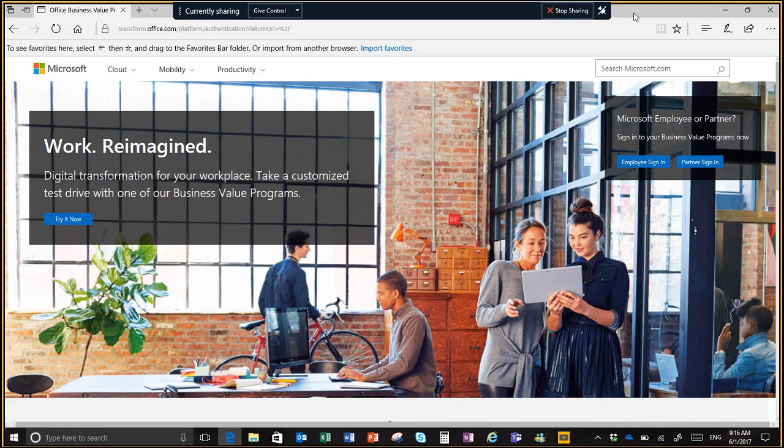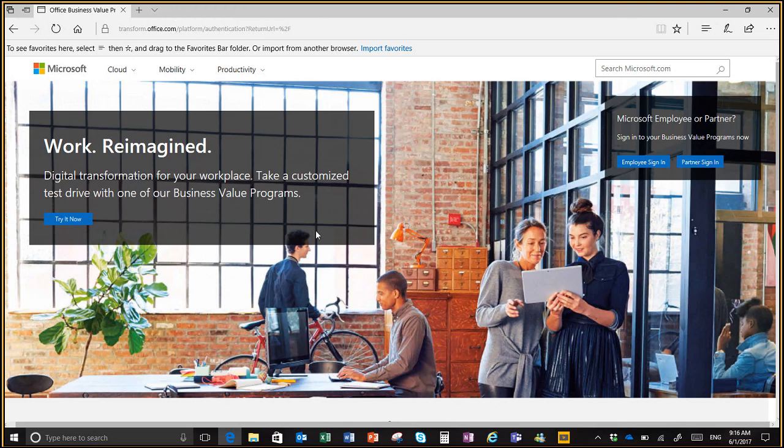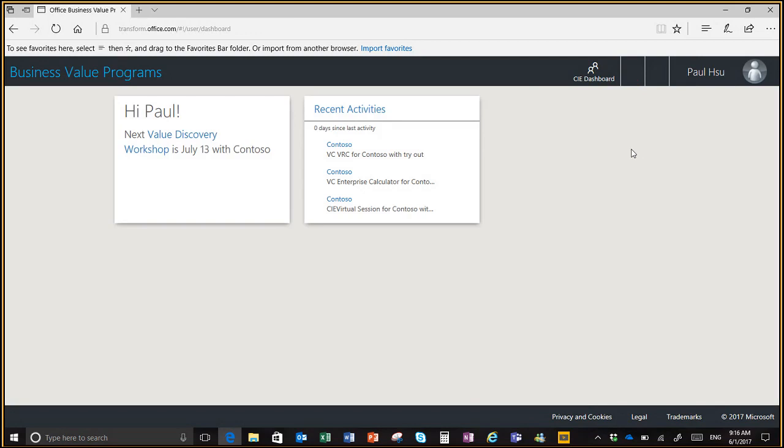You can go to transform.office.com. By going to transform.office.com, you're going to get onto this page, and you can see that there's an employee sign in and then there's a partner sign in. So for all of you, you can click on partner sign in. As long as you're MPM partners, you should be able to get an ID and actually be able to sign in. So for me, I'm going to click on employee sign in,